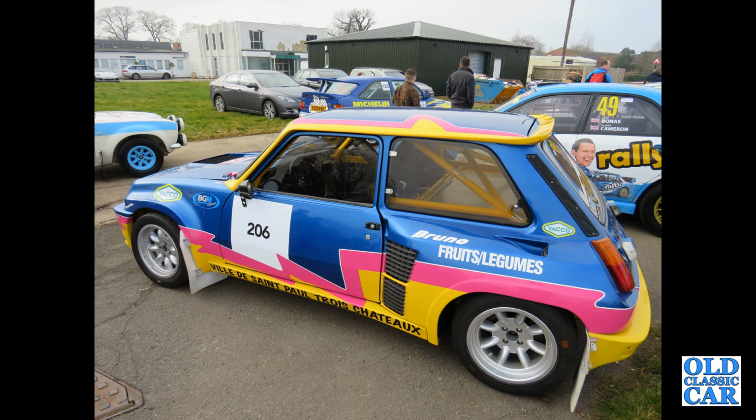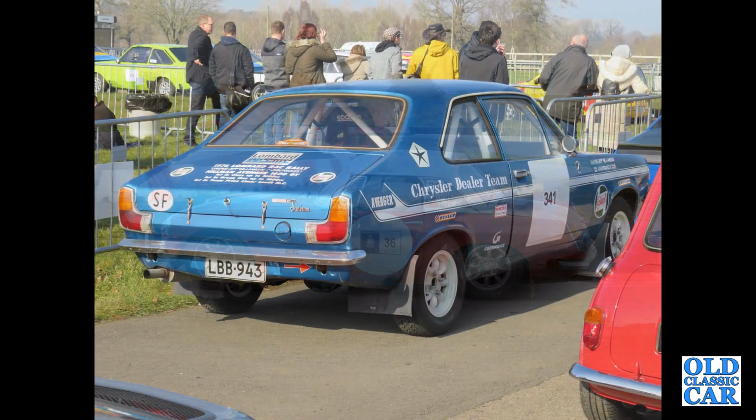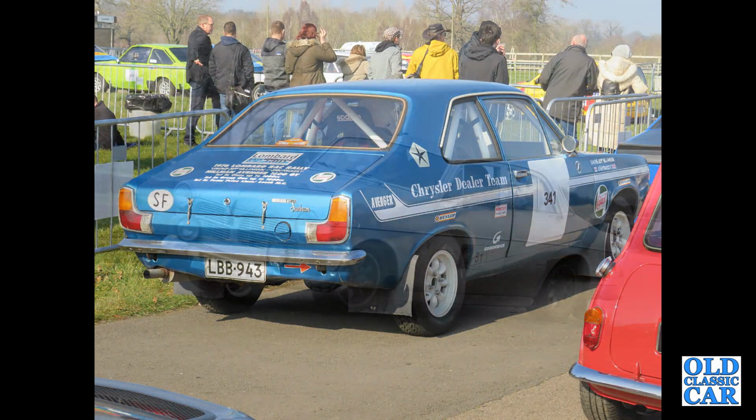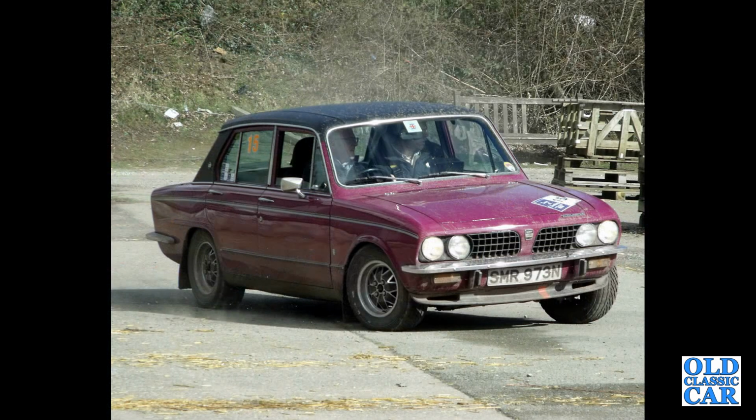And there's a Renault 5 Turbo 2 rear engine car. Side view of an ex-Roger Clark and Stirling Moss MGB, presumably that took part in the Pirelli Classic Marathon. And here we've got a Sunbeam badged Hillman Avenger GT. Four-door Amazon. 1966 car, a Triumph Dolomite Sprint,